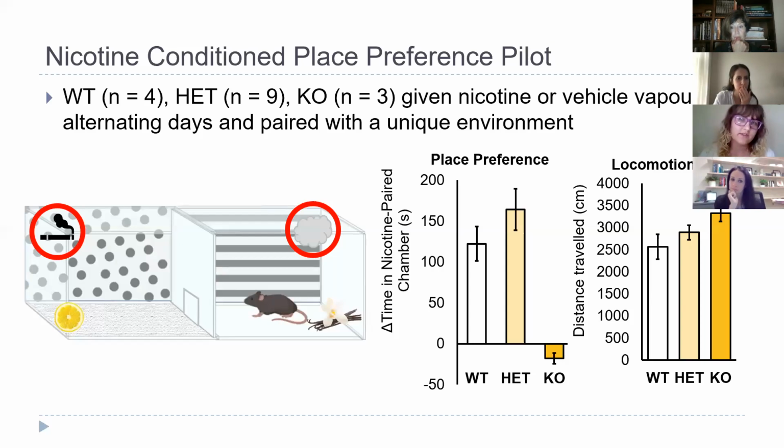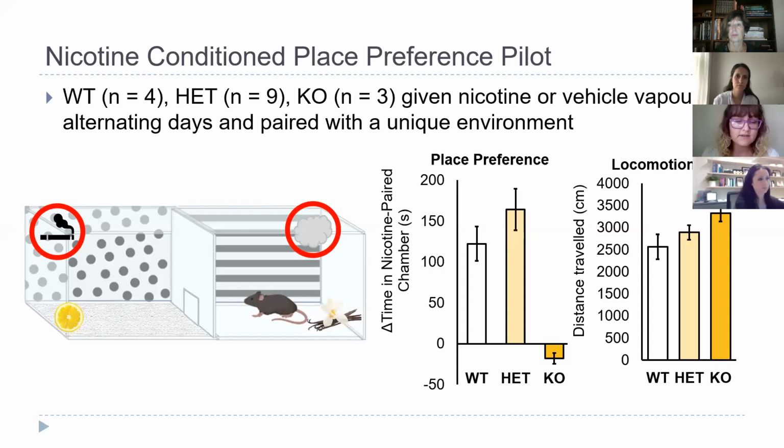So taking those cannabis and THC experiments aside, one of the things we're also interested in is whether or not there are differences in these CADM2 mice for other drugs of abuse. As I mentioned at the beginning of my talk, CADM2 is associated with other drug use phenotypes, including nicotine use. And so to determine whether or not this is the case, we employed a conditioned place preference test that we've currently piloted and looked at whether or not there are any genotype dependent differences across these animals.